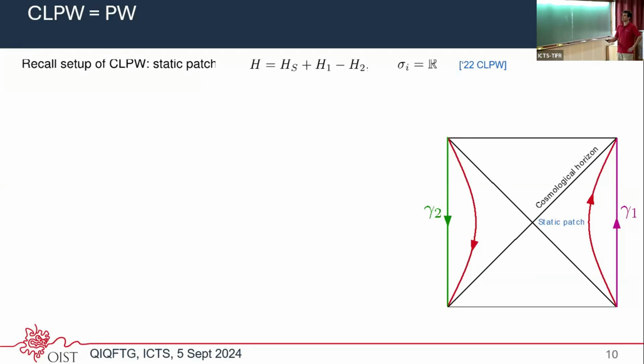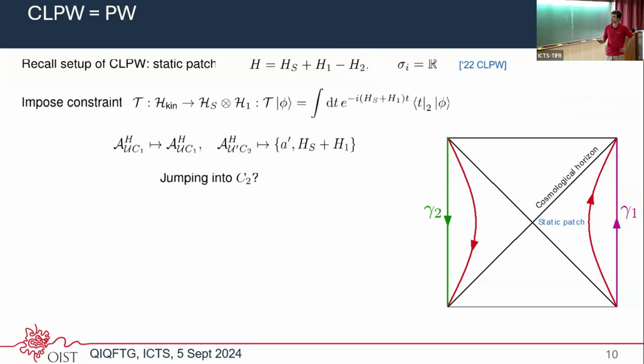So let us recap the situation. We have de Sitter space. We have our constraint as HS plus some Hamiltonian here, and then minus H2 on the causally disconnected patch. I did not talk about this minus H2 in the beginning, but this turns out to be important if you want our gauge invariant algebra to be a von Neumann factor. If you don't have the second clock, then the whole machinery actually doesn't work and you can't really look at the crossed product algebra. So that's why we add the second clock.